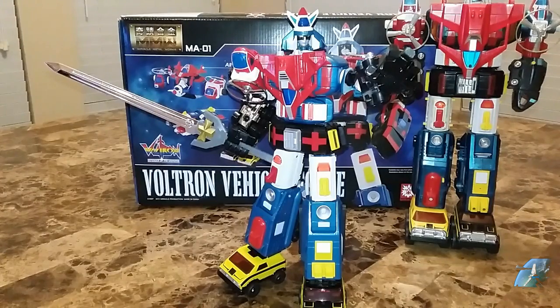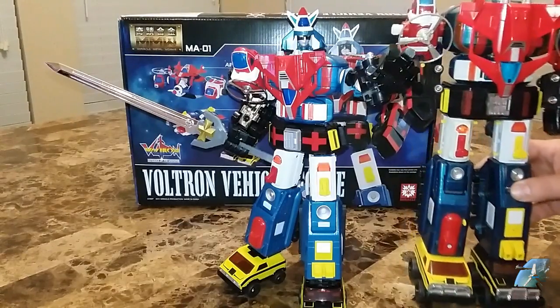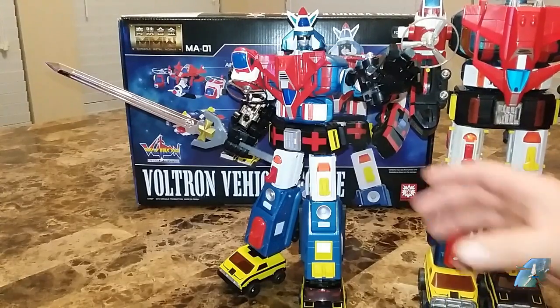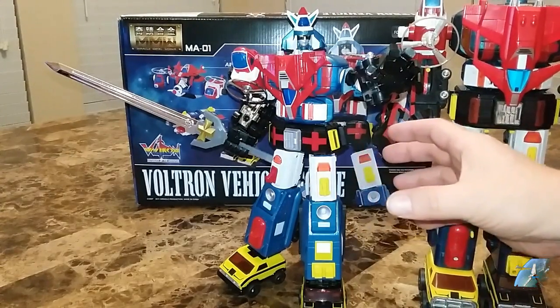Now, I've got the version 2, it fixed most of the issues. Version 3 is a little better. I think there's 2 more fixes they added to it that really won't help me with what I'm doing with him. But looking at it, it looks good. He is a lot smaller, and I don't like that he's so much smaller than this guy. And then there's some slight stability issues, but he's made of all metal, so he feels so much higher in